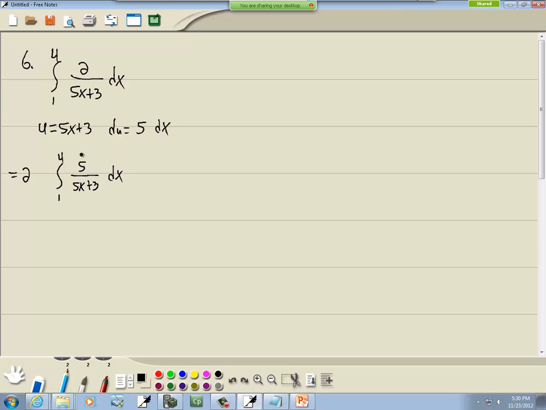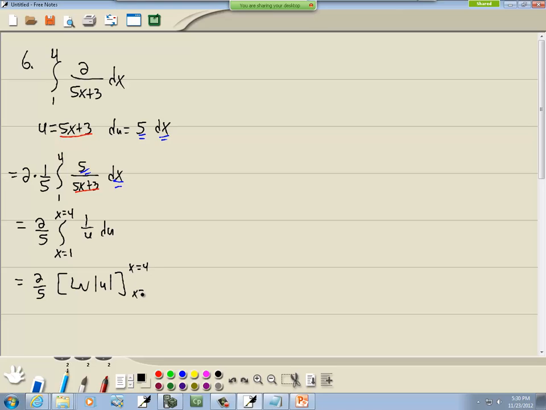Okay, so I got my 5, got my dx. I need to offset the 5 with a 1/5 out in front. Okay, so that becomes 2/5. And I'll change these to x equals 1 and x equals 4, because these are specific to the x values. And the 5x plus 3 becomes u. The 5 dx becomes du. So this becomes 1 over u du, which gives us 2/5 natural log of the absolute value of u,